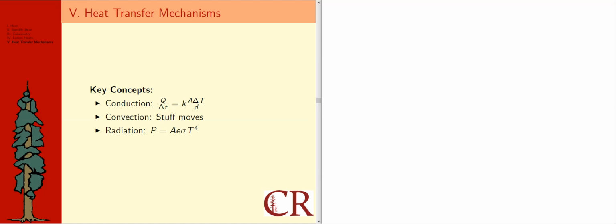The three mechanisms for heat transfer are conduction, convection, and radiation. Conduction is when heat travels through a solid material just by conducting through it. It's similar to how electricity goes through a conductor, or conduction of electricity, but this is for heat. I have a formula for that that says the amount of heat per time interval